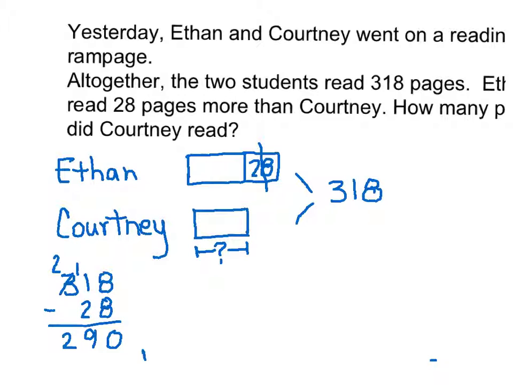And that leaves 290. So it's 290 in both of the boxes that have the same amount in them. So then I would take 290 and divide it by 2, divide it in half, because I have 2 equal boxes. So 200s divided by 2 would give me 100. 9 10s divided